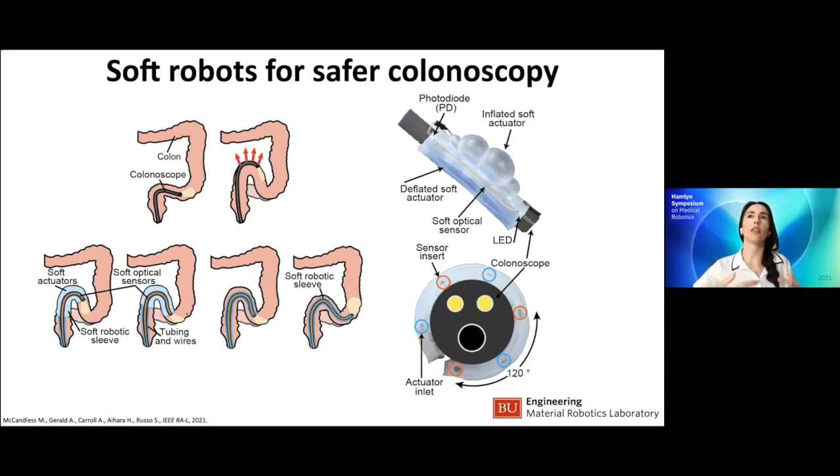But if you think about it, the unstructured environments inside the human body, like the colon, are an example of the fundamental questions that we roboticists want to answer. Navigating unstructured and complex environments is definitely one of the most important challenges in robotics, as well as how to integrate safe articulation and integrated sensing in a soft robotic system. What kinds of materials are safe to use inside the body? What kinds of sensing technologies are